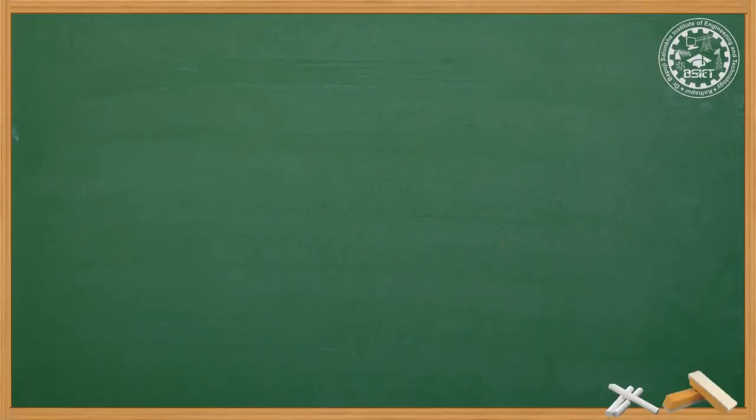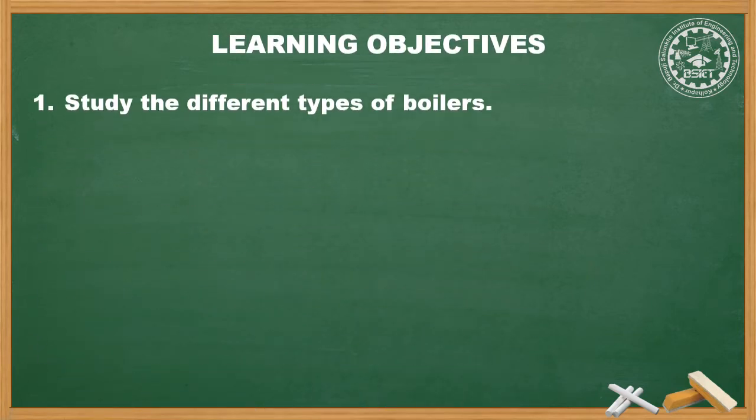Learning objectives for today's session are, number 1, study the different types of boiler. Different types of boilers such as water tube boilers and fire tube boilers, and their different types will be studied. Water tube boilers are the ones in which the water flows inside the tubes and steam is generated inside the tubes. Whereas in fire tube boilers, the fire is generated inside the tube and the steam is generated outside the tube. We are going to study the two types. The main ones are the Babcock and Wilcox boiler of water tube, and of fire tube is a Cochran boiler.